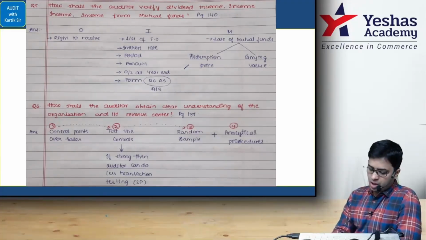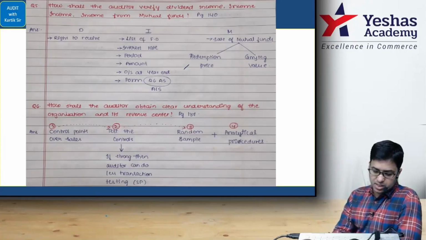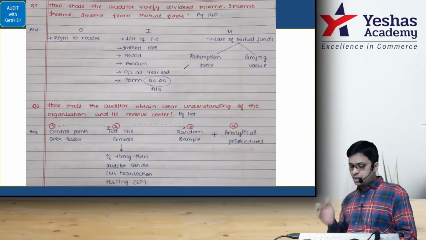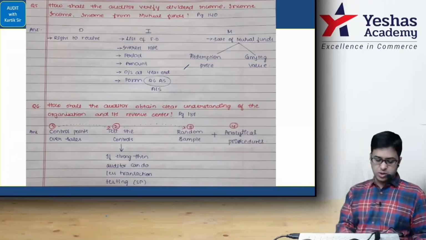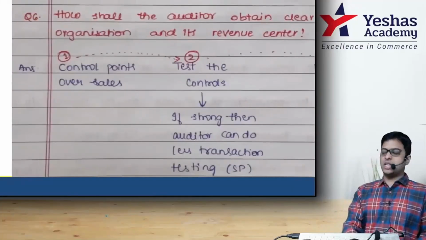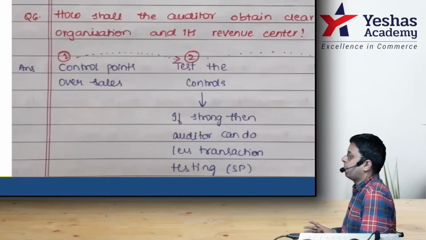It is written in dark blue. Auditor needs to obtain clear understanding. That area, mark it as question number 6 for us. Everyone read with me, and I'll just explain. Look at the screen first. Let's take the understanding here. Look at the screen one by one. See, understand properly.